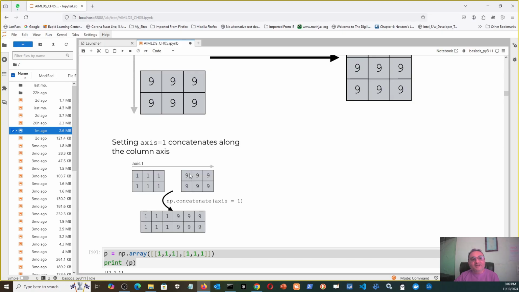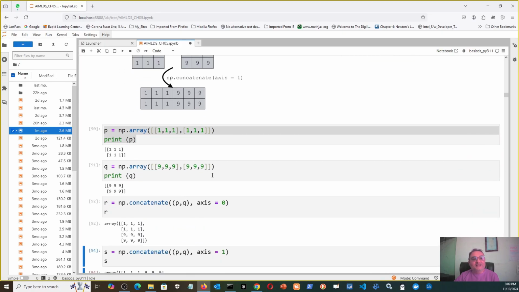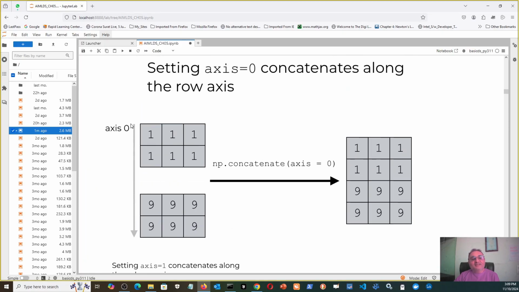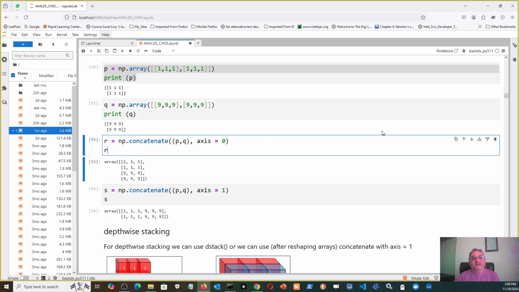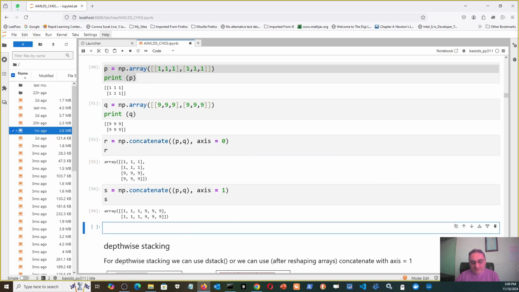So this also has 2 rows, this also has 2 rows, and the resultant also has 2 rows. So remember this: concatenation along a given axis always increases the dimension on that axis, but keeps the dimension along other axes unchanged. Okay. So I can even write that as a note in capital letters, that concatenation along a given axis increases the dimension of the resultant array on that axis,